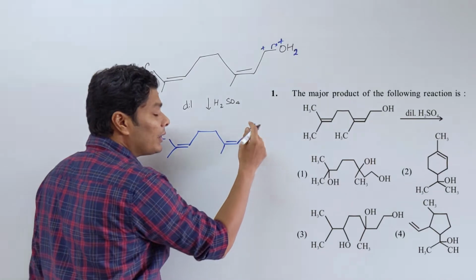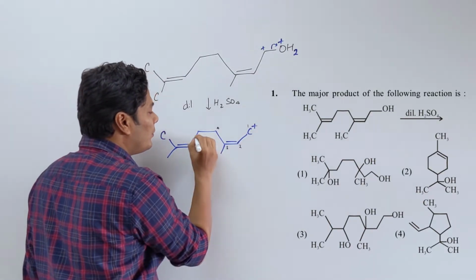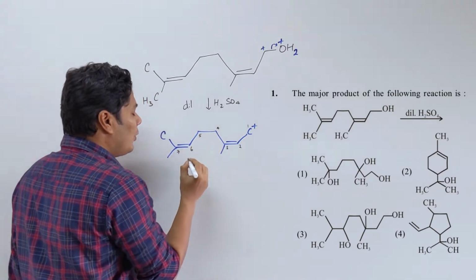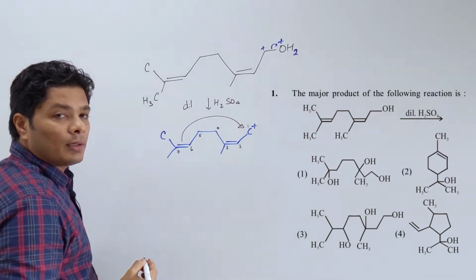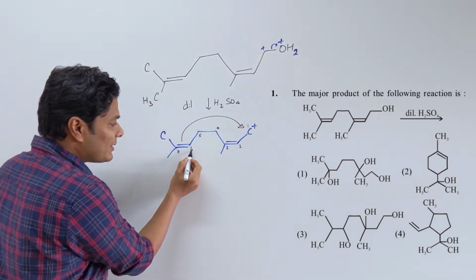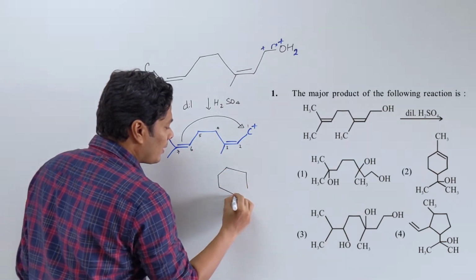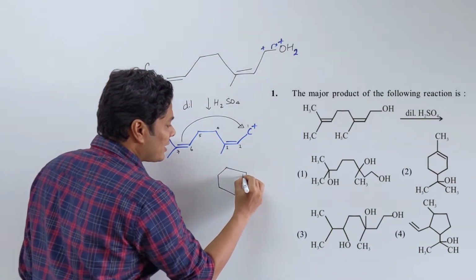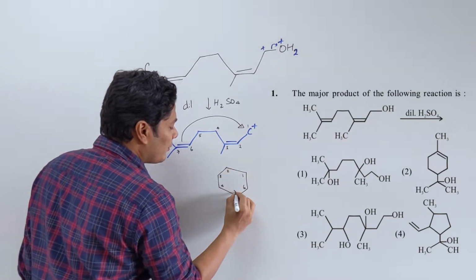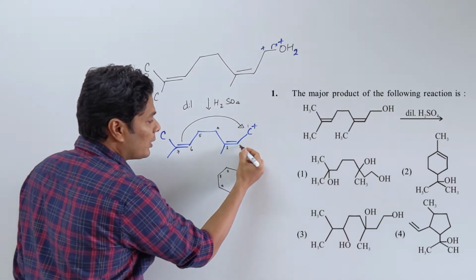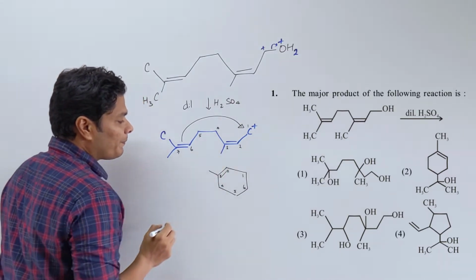So let's look into, not IUPAC numbering, just what ring size I'll get. 1, 2, 3, 4, 5, 6, 7. Okay, so this pi bond can attack the carbocation. Which carbon exactly attacks this one? Because this gives you a 6-membered ring. If this attacks, let's name this as carbon 1, carbon 6, 2, 3, 4, 5. Carbon 1, carbon 2 and carbon 3, there is a double bond, and carbon 3 has a methyl group.